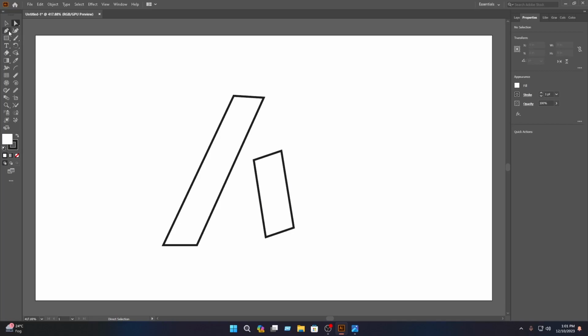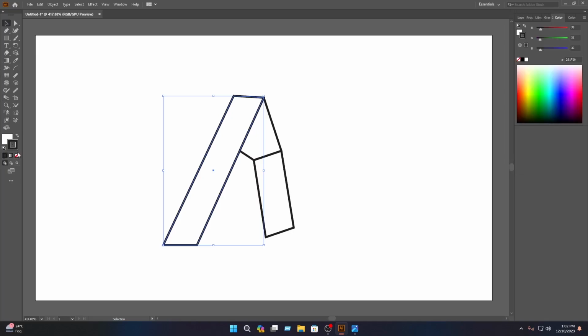Then you have to select the Pen tool, then you have to click on here, then click on here, then click on here, then click on here, then click on here, then select the Move tool, then you have to select this, then click on the Stroke, then disable the stroke, then double click on here,